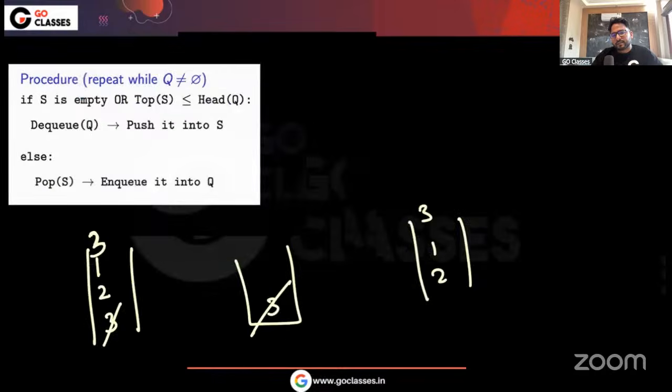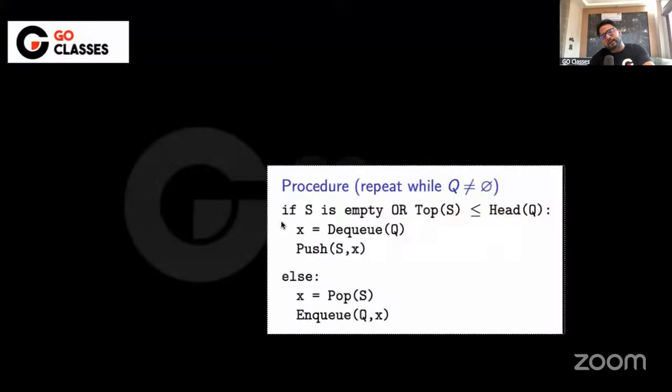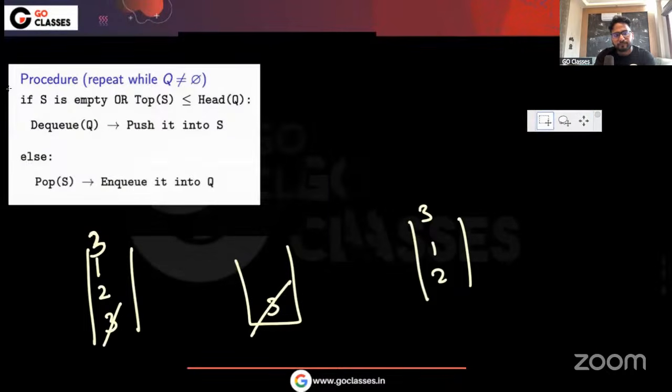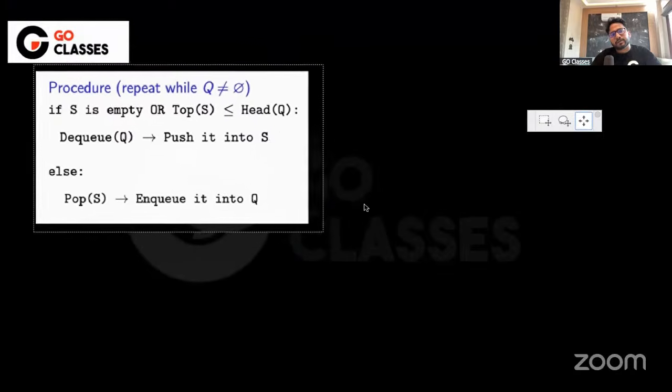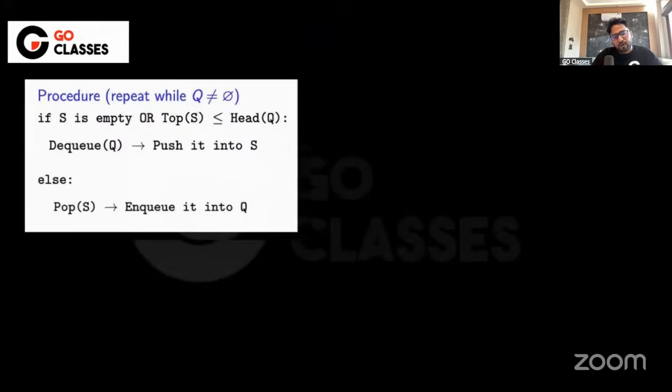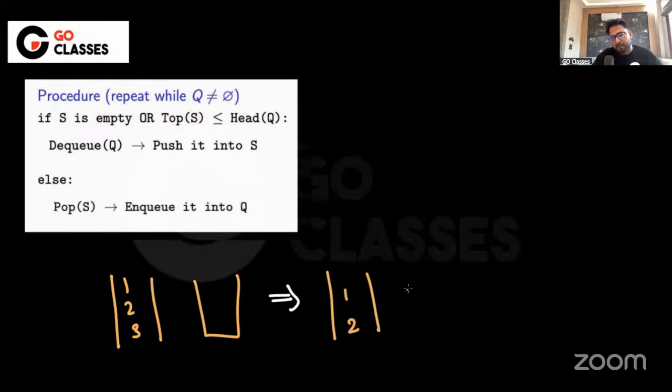See, that's a very easy algorithm that they have given. I'm just basically trying to run this, right? So let me write this algorithm on the next page. So basically, they are saying initially you are having 3, 2, 1, and the stack is empty, right? Now, because of this one iteration, since the stack is empty, you don't have to worry about any other condition. You just deque and push to the stack. So after one iteration, you will be having 2, 1, and the stack will be having 3.